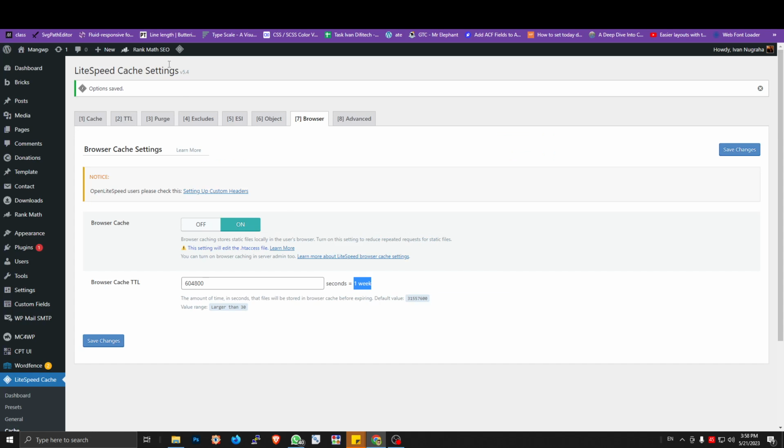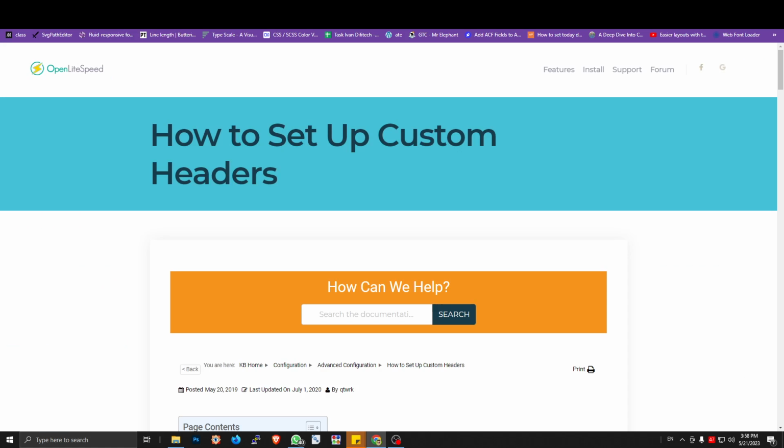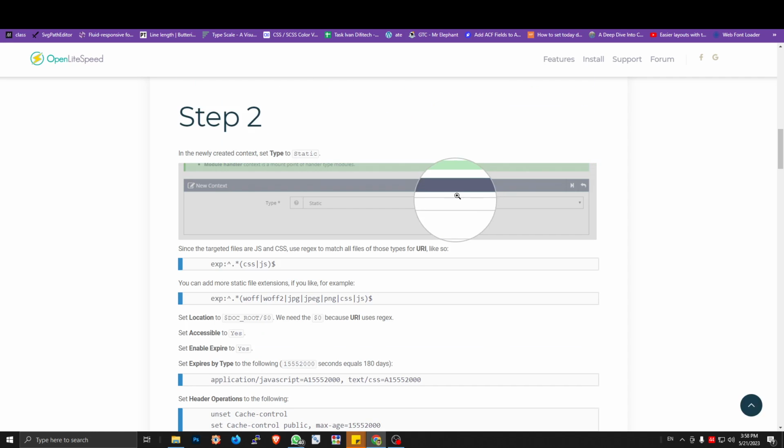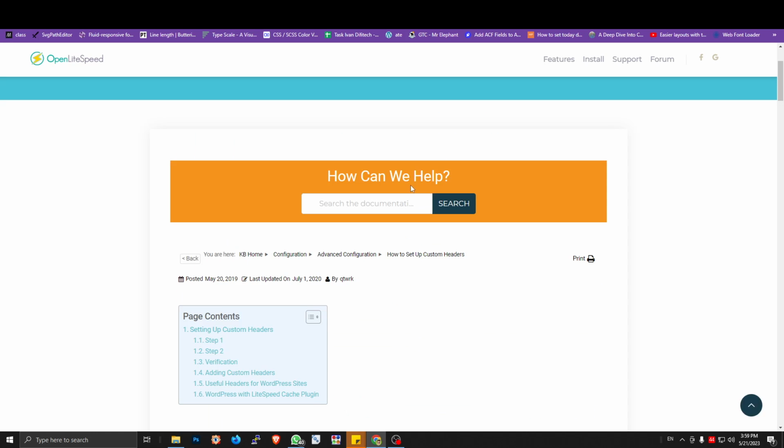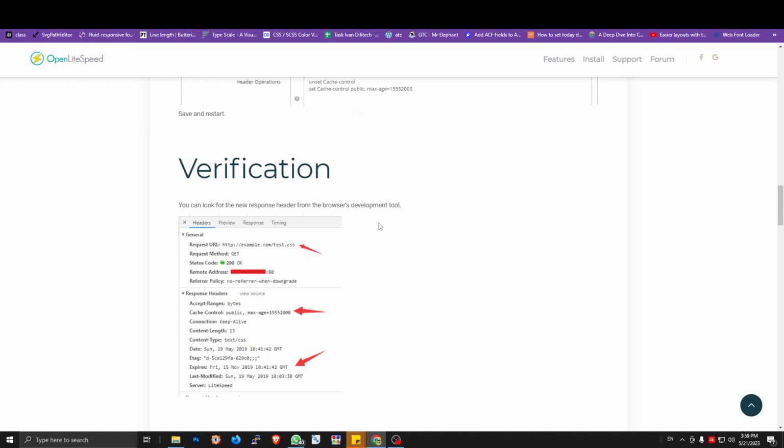So there is no change even if I set the browser cache on, because you see here there is a notice: OpenLiteSpeed users, please check this setting up custom header. So the plugin tells us that we need to set up the custom header to make the browser cache work. So this is their documentation about the issue about the browser cache.